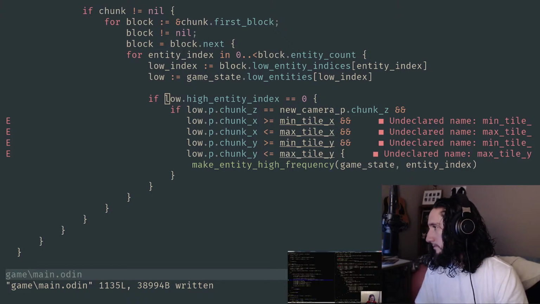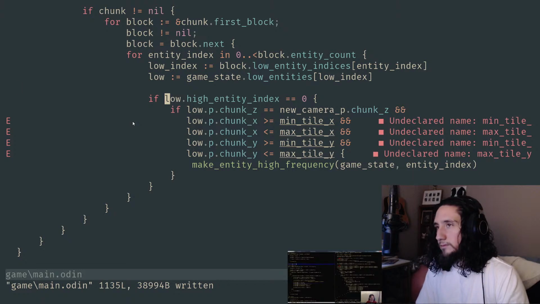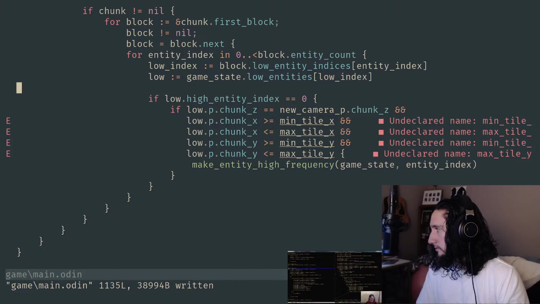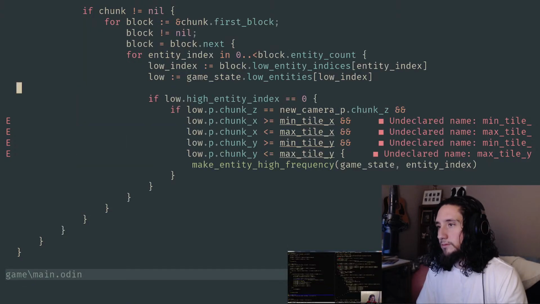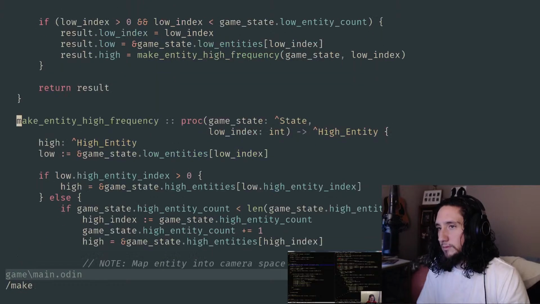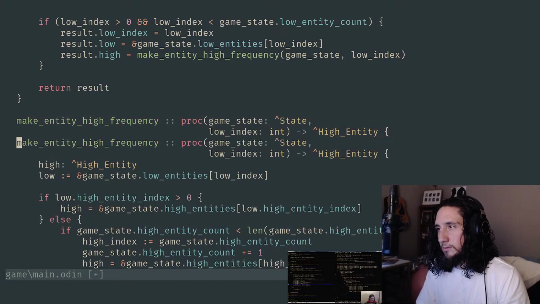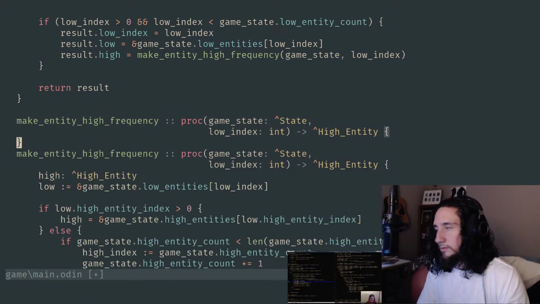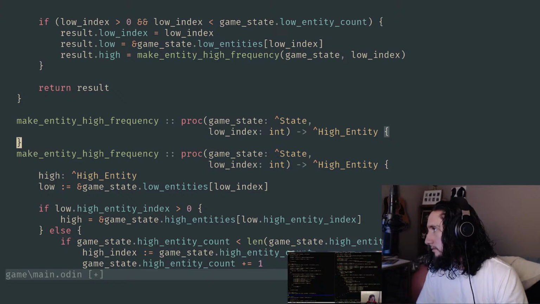So this right here actually computes the position of it. I want to be able to do that first before I commit to making him high, so I can check it against the camera bounds. So really what I want is another version of make entity high frequency, which does most of the same stuff. But in the case where you're calling it at the lower level, you will pass in the new P that you want it to use, this P right here. And in the case where you're not going to pass that, it will just do this code right here. This is the camera space P.